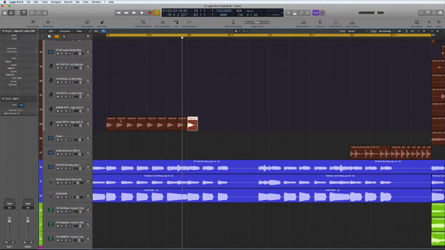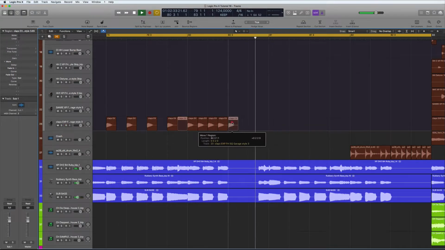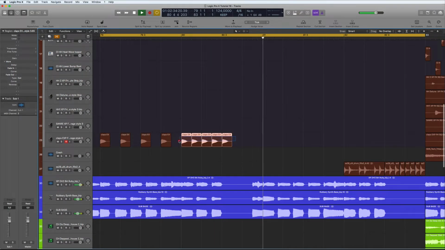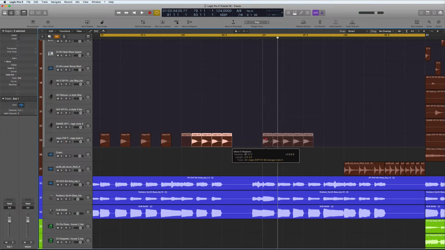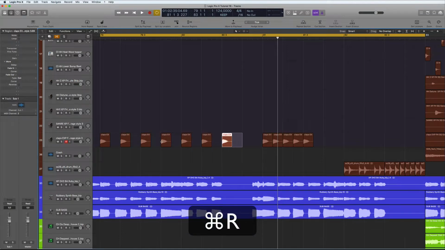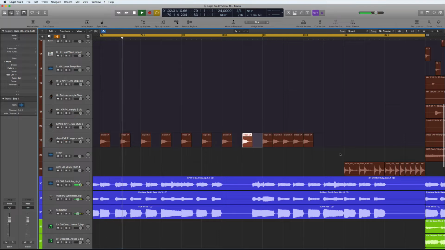So let's start with not so many. We'll do that here. Won't need that. I'll just pull those over, it'll be easier. So we'll have, yeah, so we just copied that down there, and then I'll just do the same here, the space with it, Command R, then we got like a